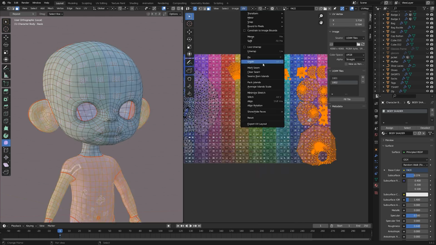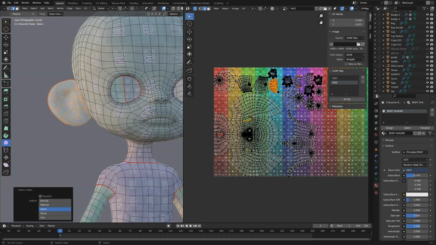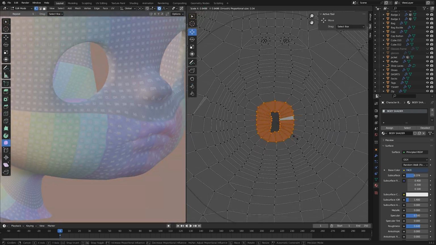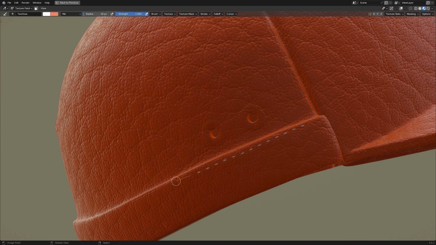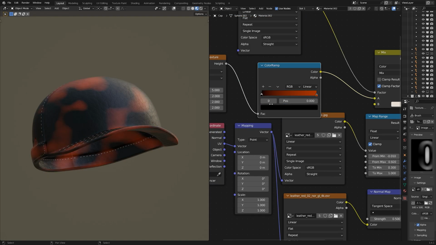Today's task is a bit less creative and more technical. We are going to unwrap the 3D model into a 2D UV layout, allowing us to paint and project 2D textures onto the 3D model and apply shaders. We briefly discussed this in the introduction series about Blender on this channel.